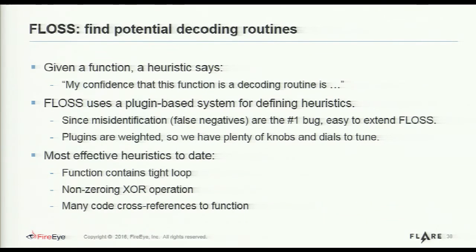And as I mentioned earlier, we have to identify the decoding routines. We use the plugin-based system to implement heuristics to find these decoding routines. And we use a plugin-based system because this is the number one place where FLOSS currently fails. The place that it most currently fails is it's just not finding the correct decoding routine. Instead, maybe it identifies memcompare or some other short function that has a lot of loops to it and thinks maybe that's the decoding routine instead. So we have a plugin-based system that allows us to easily extend FLOSS and quickly fix bugs to identify more